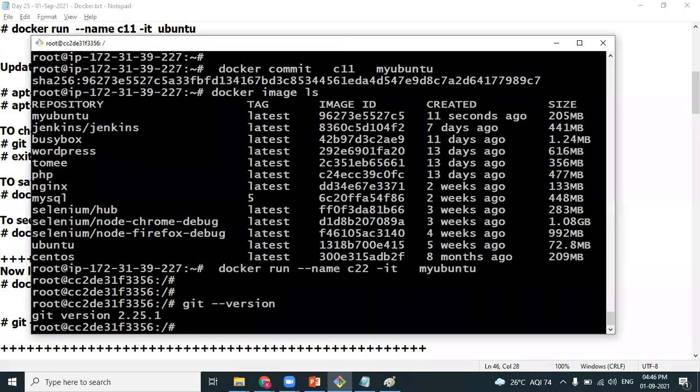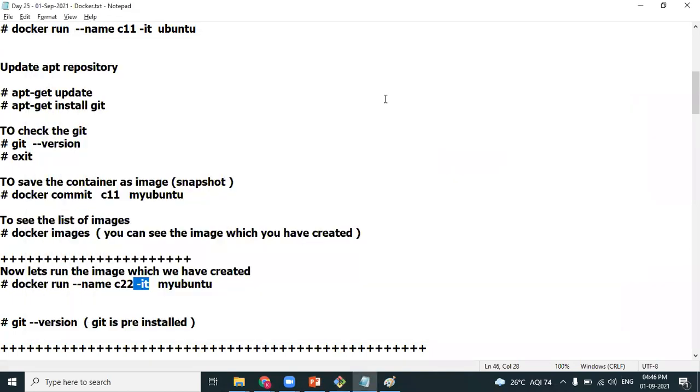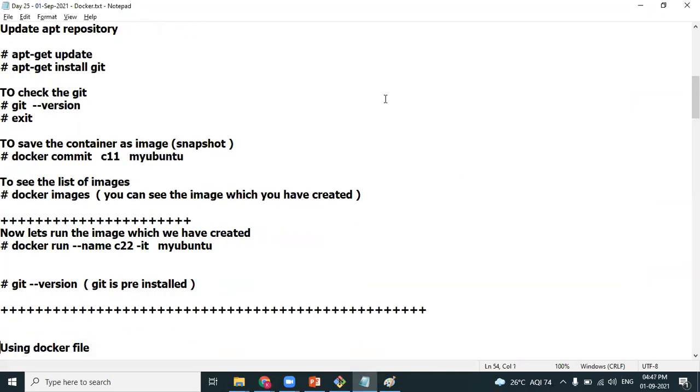Are you able to preserve the software, Sai Varun? Are you able to preserve the software? You're able to do that because you're creating customized images. So customized images is all about preserving the software inside the container so that you can get the same status back. This is called creating customized images. And then we have learned how to create customized images by using the first option, that is the Docker commit command. Any questions?